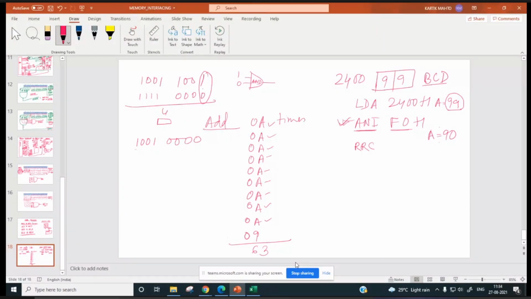So the rotation will be done like this: this is our accumulator, and the D0 bit of the accumulator will go to the carry flag. So it will be 0 1 0 0 1 0 0 0. Again, if you rotate, it will become 0 0 1 0 0 1 0 0. This way, if you rotate 4 times, what will be the accumulator content?